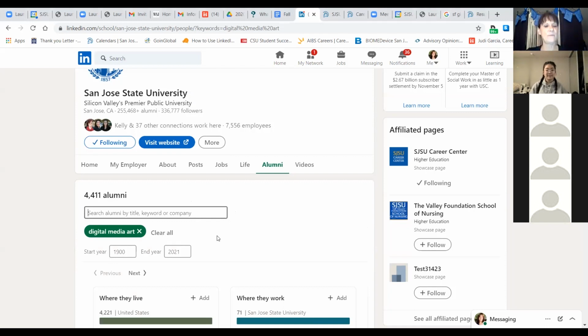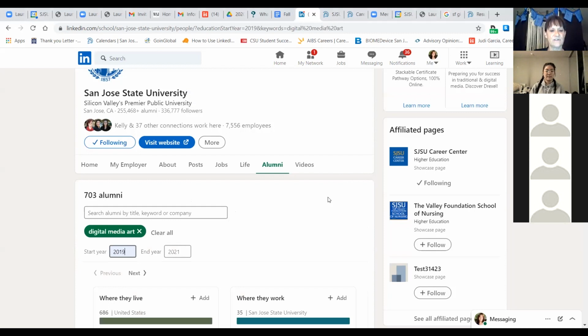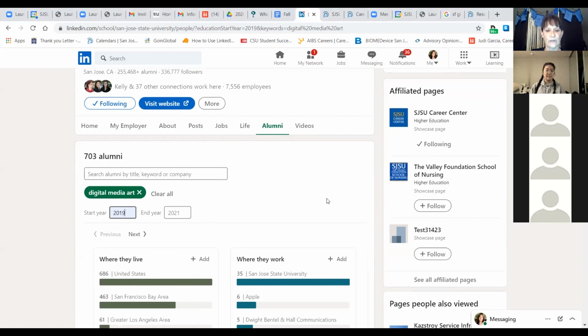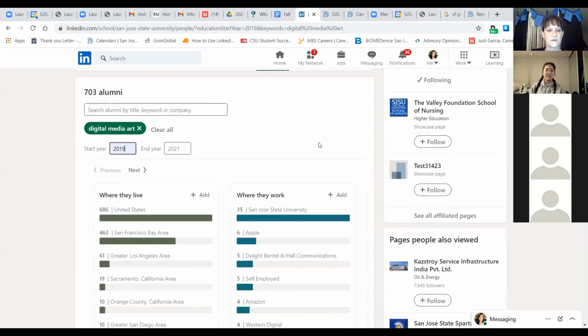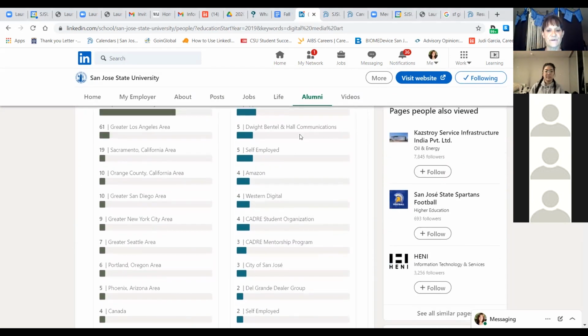Okay, then what I'm going to do is to further narrow this down. I'm going to narrow down my dates, the date range, and I'm going to go down to like 2 years. So now I've dropped it to 700. So that's a little more manageable, but we're going to even go from there. So what I'm going to do is start by showing you a few things if you're not familiar. So the first thing would be,